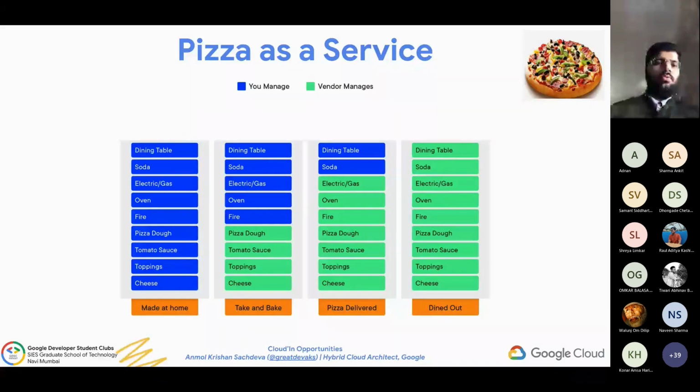Then you went with a model wherein you prepared the pizza by utilizing some infrastructure or some raw material, right? And then you prepared everything on your own. So these are how the cloud models of services are segregated, and this is at a high level the categorization of cloud services. So the first pillar that we saw, which is dining out, is software as a service, wherein you